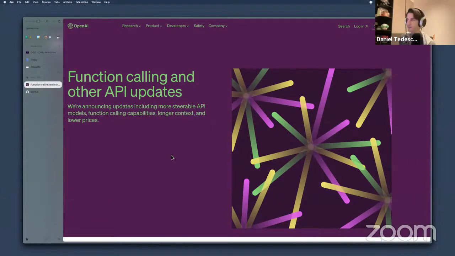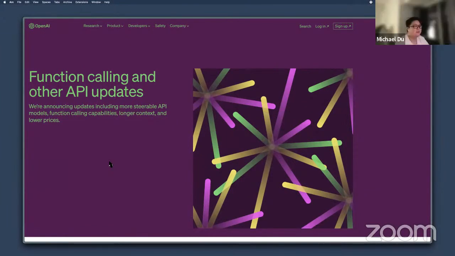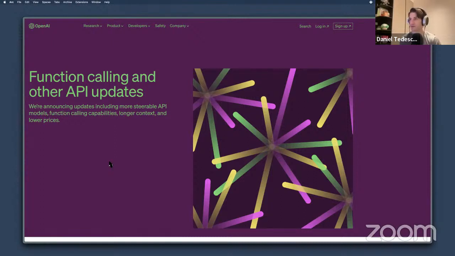So, hey, everybody. Today, Michael and I are going to go through very quickly the function calling announcement from OpenAI and think about how we can use it for automating different podcast tasks. It'll be especially helpful for the craft.